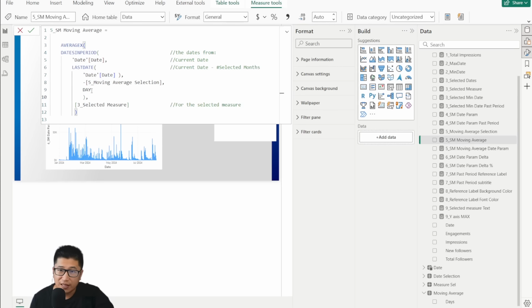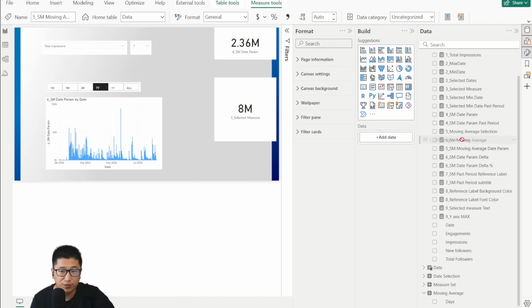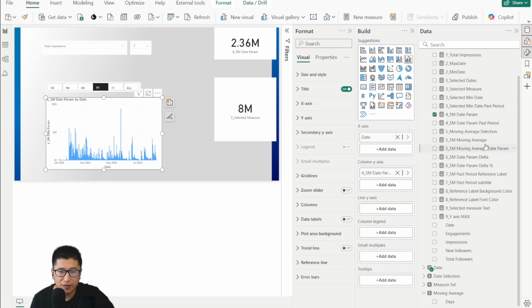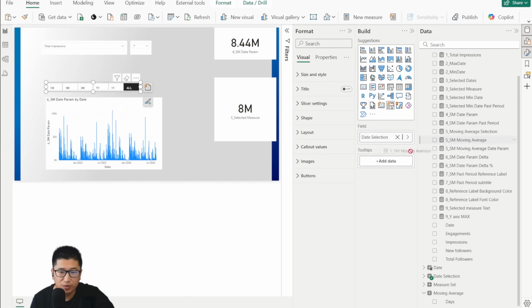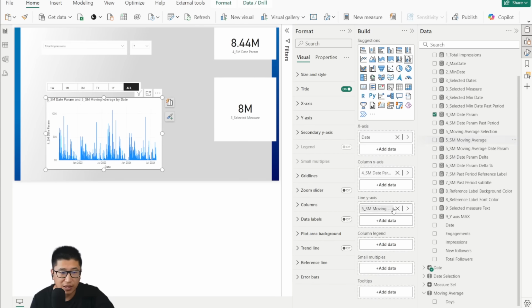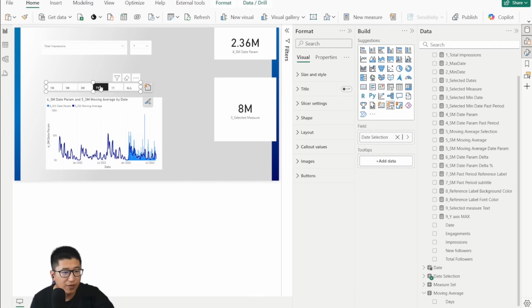If it's going to go back that many days, we can just say that we're going to average for those dates in this period. And this way we will basically have a moving average value for all of the data. Right now, if I put the moving average into the line axis, it actually shows it for everything, no